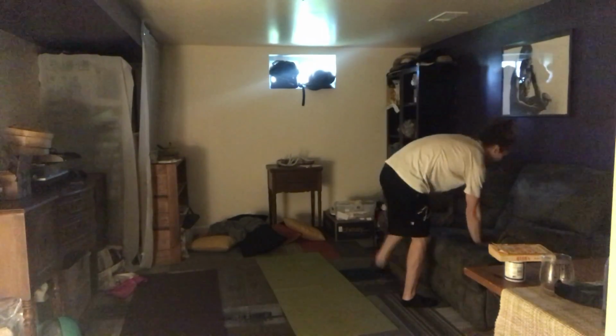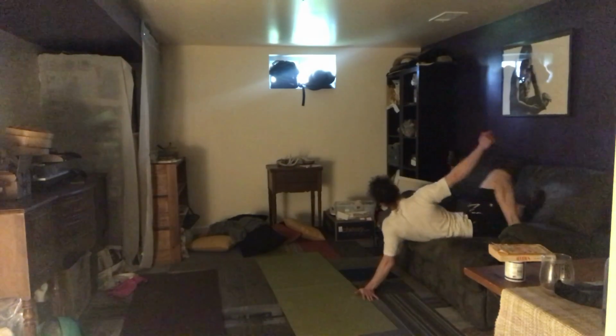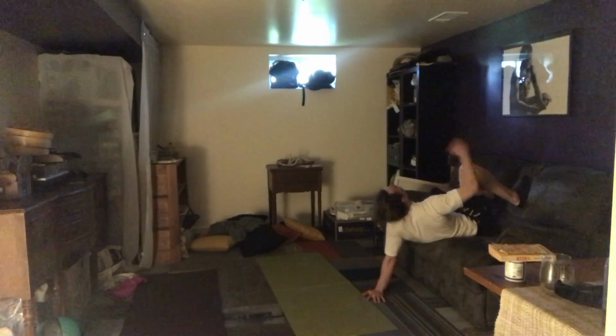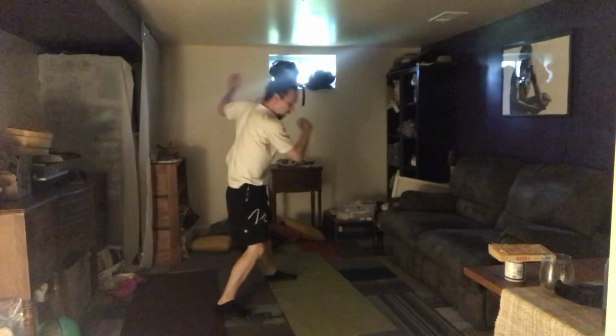So let me show you that one more time. Again, I'm trying to push open to this shape and come down. Hopefully it looks like that. I can't see it, so I don't know if that's true. So I'm just on my couch here. I'm going to try to push open, almost to like a one-handed handstand, and come down. Alright? That drill right there takes away the fear of jumping backwards, and it just puts all